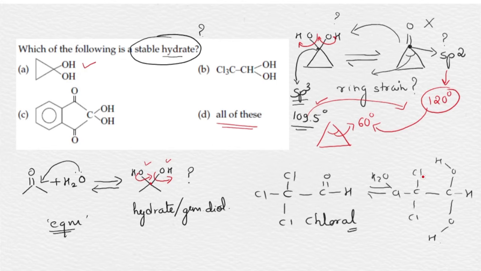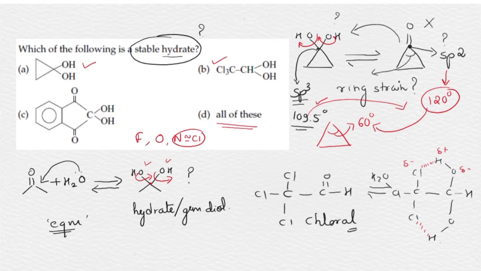Generally, chlorine doesn't exhibit hydrogen bonding. What elements exhibit hydrogen bonding? Fluorine, oxygen, and nitrogen. But the electronegativity of nitrogen is almost equal to that of chlorine. Because of this, in this case, it does exhibit intramolecular hydrogen bonding. How so? Oxygen is an electronegative element and it makes hydrogen electropositive, and chlorine is already electronegative and it starts interacting over here and it forms a cyclic structure like this. And due to this cyclic structure, it's imparting extra stability to the molecule. Hence, chloral is